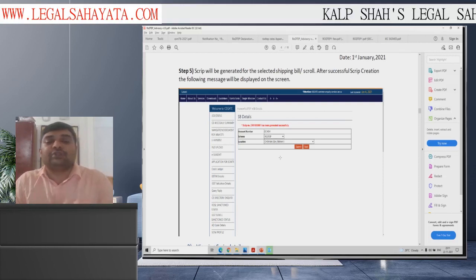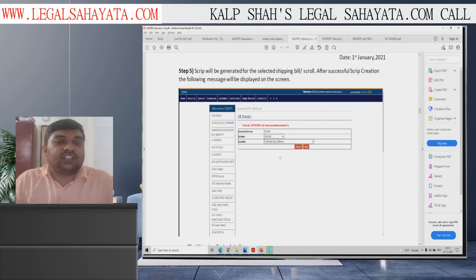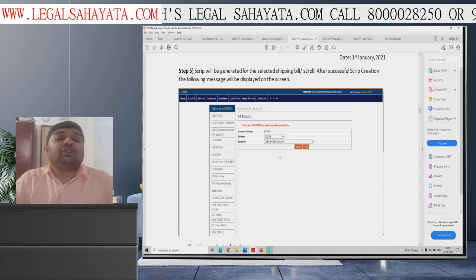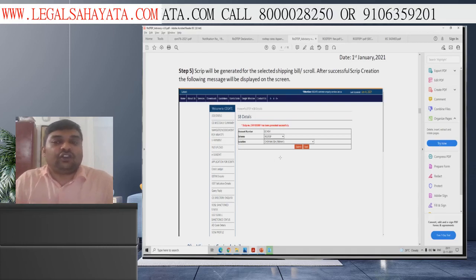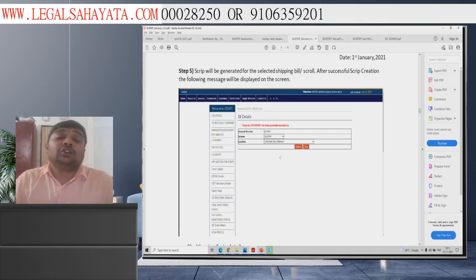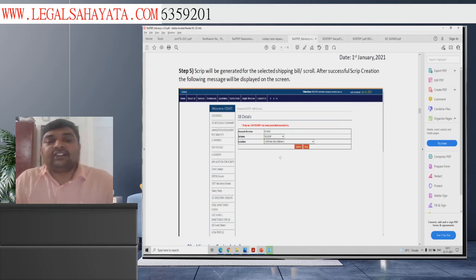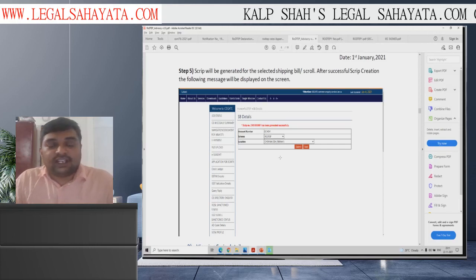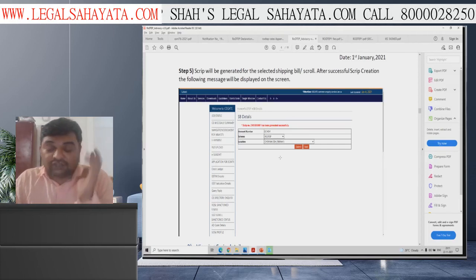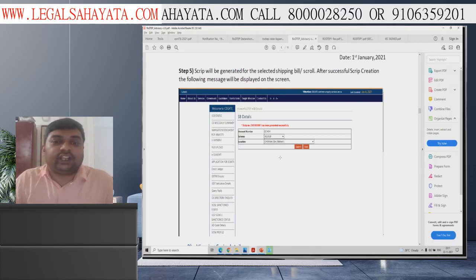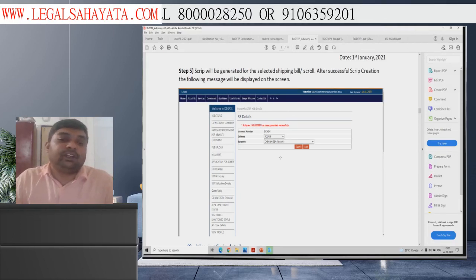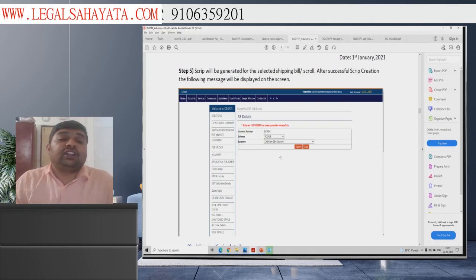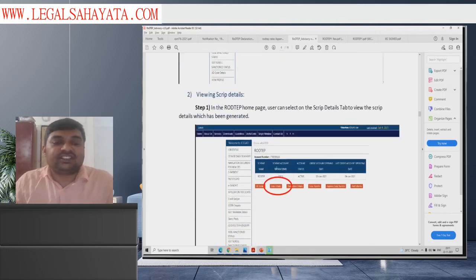For example, if you transfer it 2 months after creation, he will be able to use that eScrip for the next 10 months for importing goods into India, and it can be used only for paying basic customs duty, that is BCD. You cannot pay protective duty, anti-dumping duty or countervailing duty. Only basic customs duty can be paid using this transferable scrip.